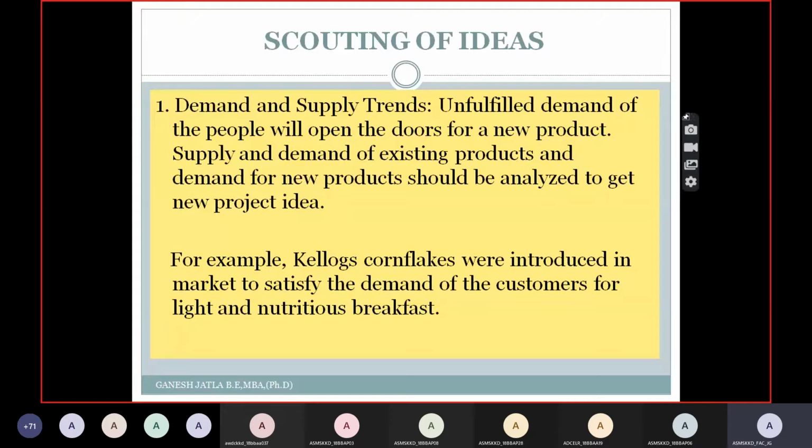Why? Because Kellogg's cornflakes are generally introduced in the markets where the service sector is strong, or where the people move to work daily. For example, in cities, they concentrated on the cities in the first stage. Why? Because these people in the early mornings don't have enough time to prepare breakfast and go to the offices. So in such cases, they try to minimize the cooking process and get nutritious food. So they introduced it into these markets. Why? Because here there is a need. That is, the customers need a nutritious breakfast, but they are missing this nutritious breakfast because of the lack of time.